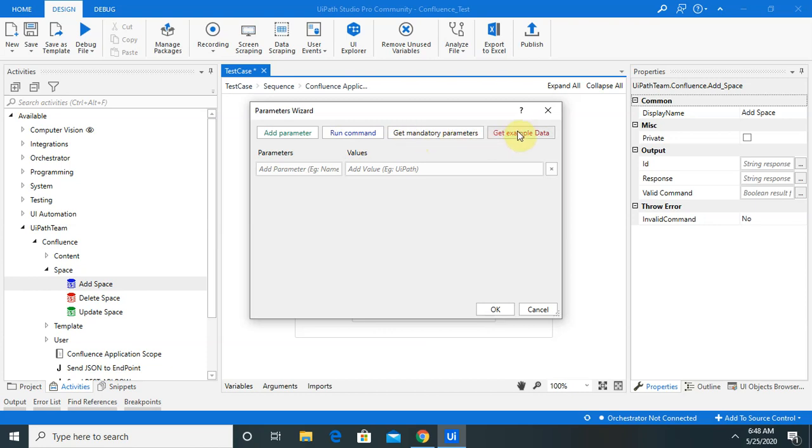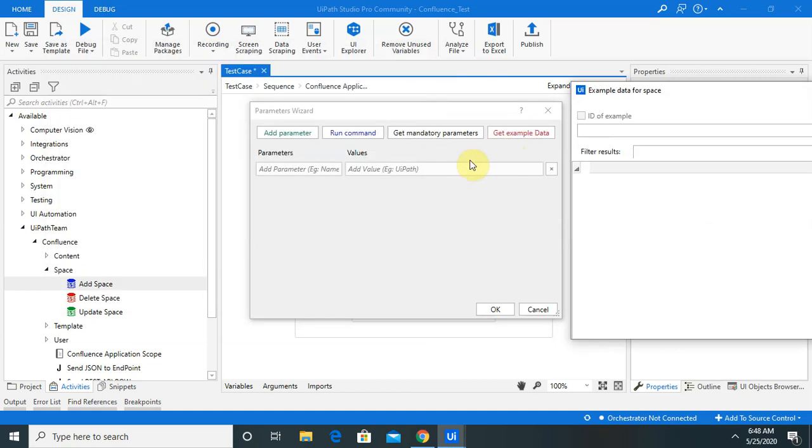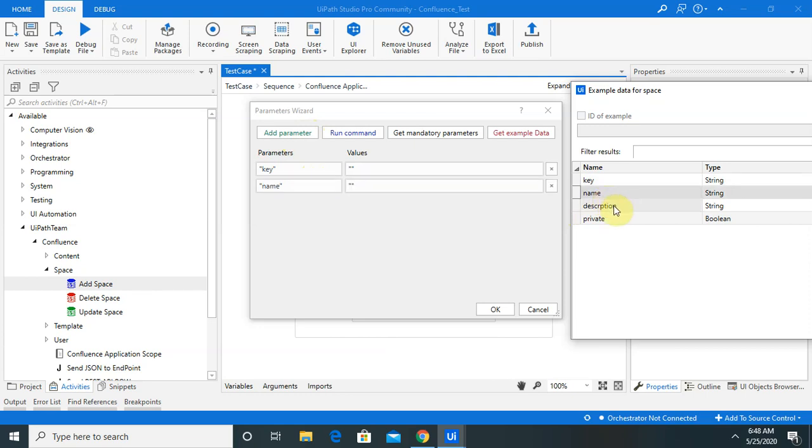As we have already seen in my previous session, just click on this. This is the help section available for this. So double click on this. Whatever detail you want to mention is available in your parameters. You can also do that by clicking Add Parameter, but that will add them one by one. It's available here, so I am taking all four parts.